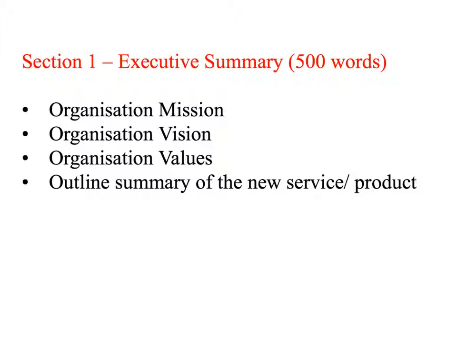So essentially I'm looking for 3 sections for the 5,000 word report. Section 1 is a small section, 500 words. This section will outline, almost as an executive summary, your organisation in terms of its mission, its vision and its value statements, and a very brief outline of the new service or product that you will be focusing on in this report. Again, I'm looking for an authentic report format. It has to look and feel like your company organisation and a document that your organisation would produce. There are some examples available on Moodle.